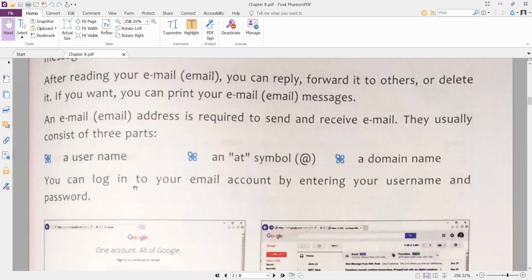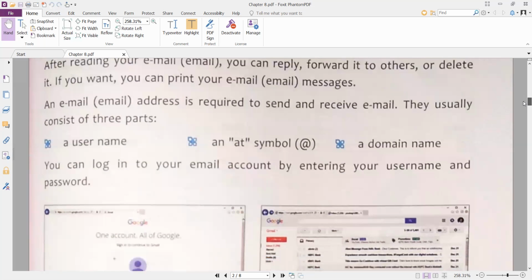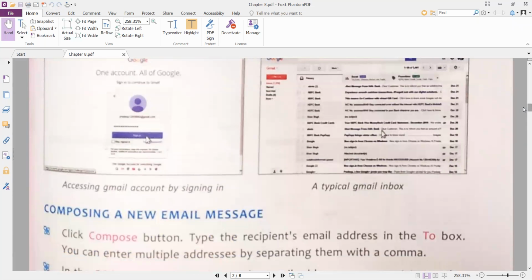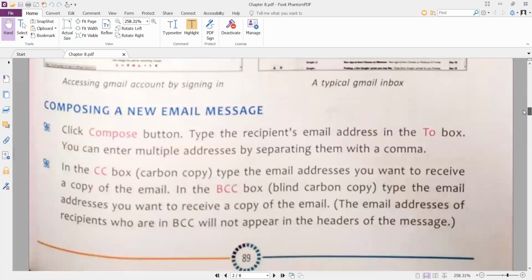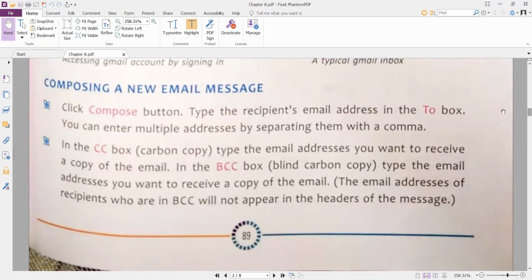You can log in to your email account by entering your username and password. If you want to log in to your email, then you have to give your username and password. After giving username and password, you have to click here on login. Then the next question is how can you compose a new email message?